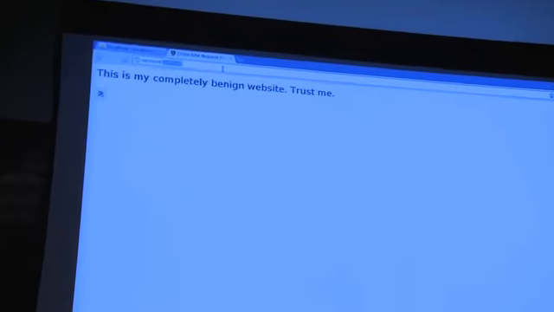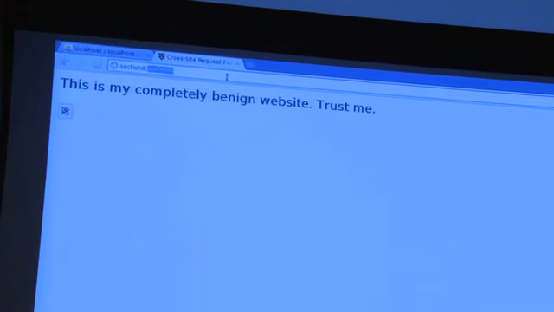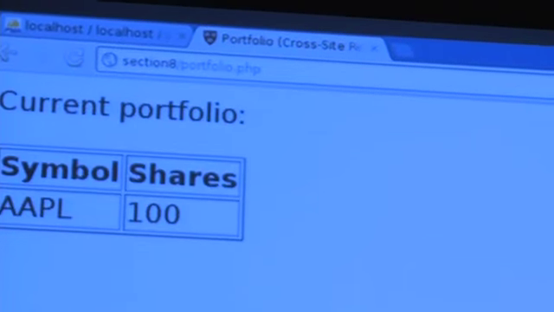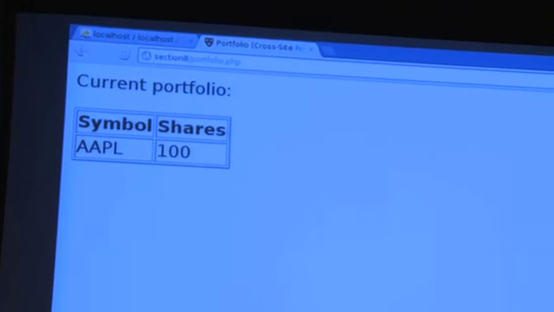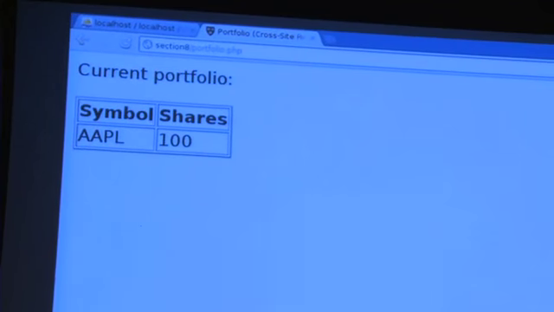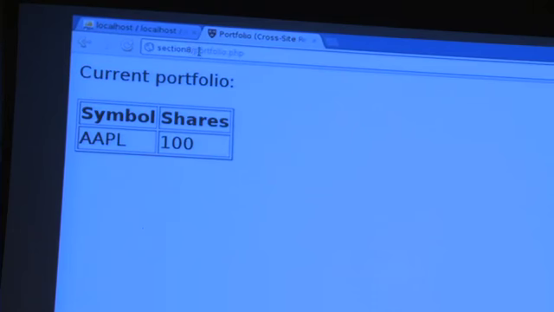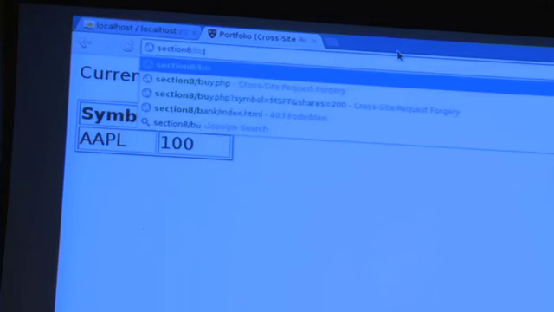Now we can take a look at what normal functionality would look like. So we can go to portfolio.php. And as we expect, it just shows our 100 shares of Apple stock. So things are still going well. We could now buy some shares. So we could buy,